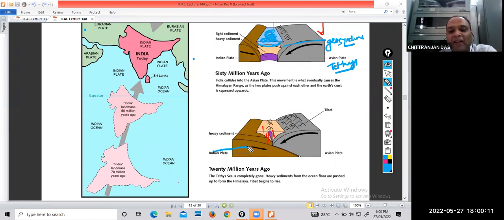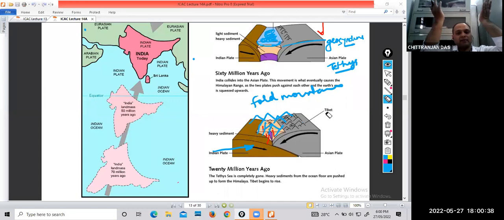Okay, so what has happened: the materials in the geosyncline inside this Tethys Sea, when the Indian plate started pushing like this, all the material came up, and this led to the formation of your mighty Himalayan mountains, which are also called fold mountains. Yes or no? When you push the sediment from one side, the sediment rises up from the water, and what rises up became our Himalaya mountains. Is it clear? Tell me, I have time, is it clear or not?